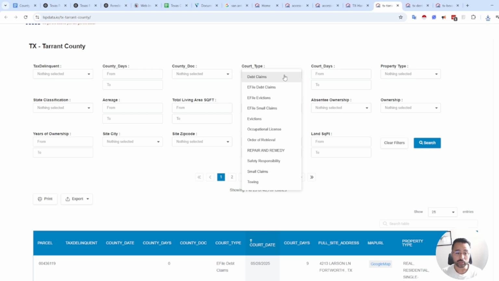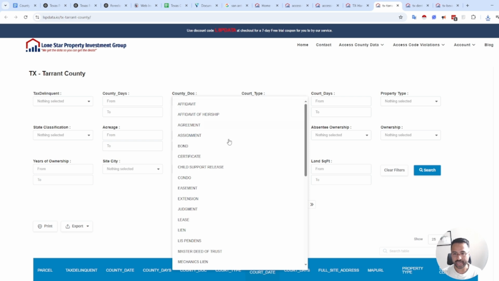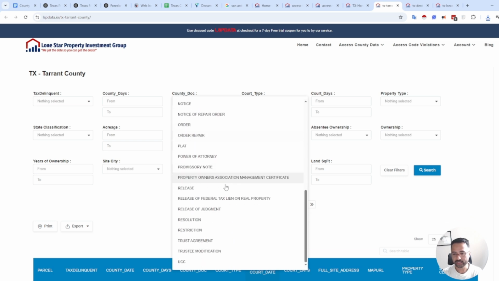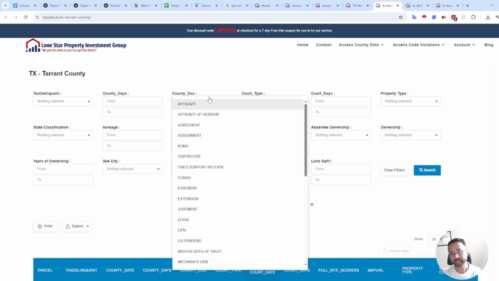some of our counties that also include consumer debt data types, or evictions. But in this video, we're focusing on this county doc or instrument. So again, Lis Pendens, liens, notices, etc. And if we went for, let's say, Lis Pendens, which is an indicator that the property is going to go into foreclosure,